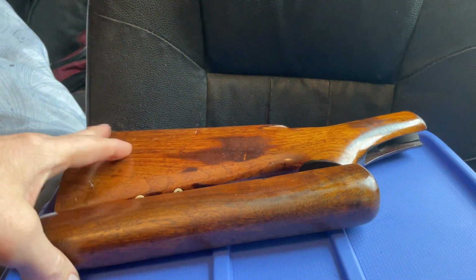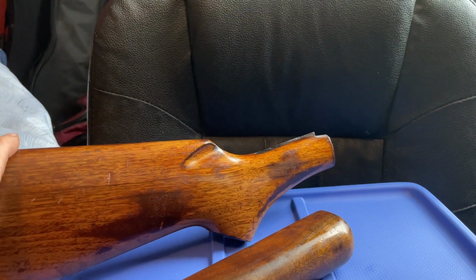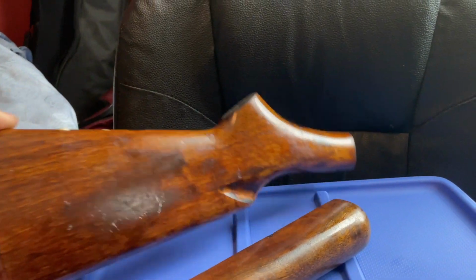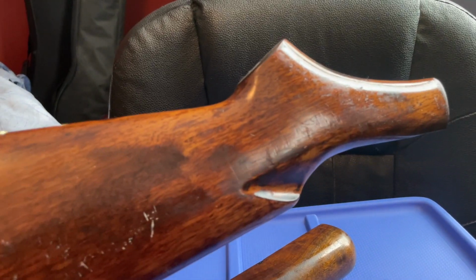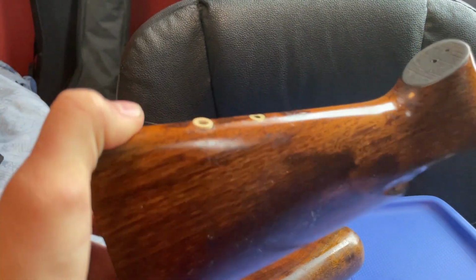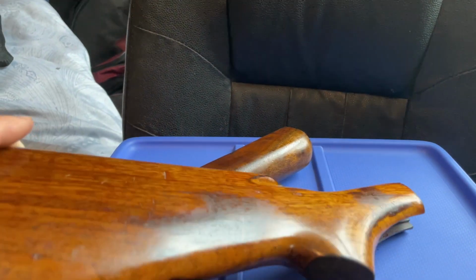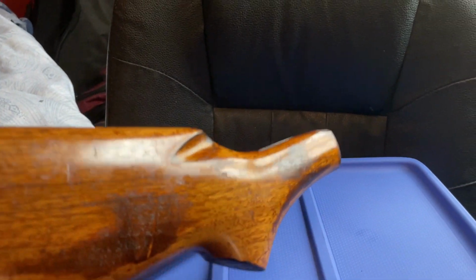You can see this one definitely, I know I've been rubbing on it and stuff. Got dark spots there, dark spots on there. It's probably some of this. It's got some scratches on it. Yeah, she definitely needs to be refinished. Some scratches there. Yeah, I think I'm gonna use,